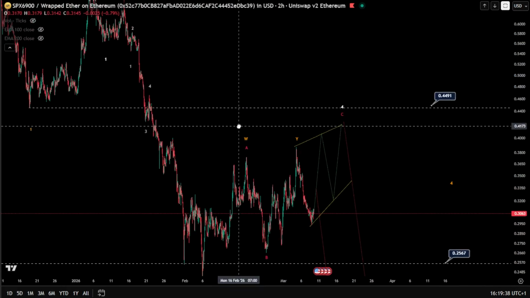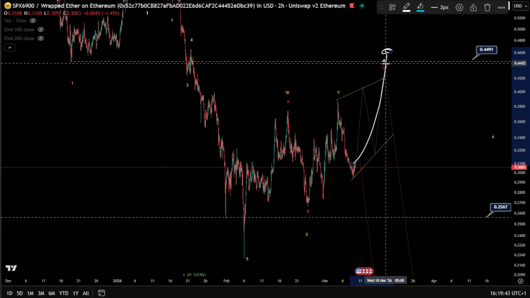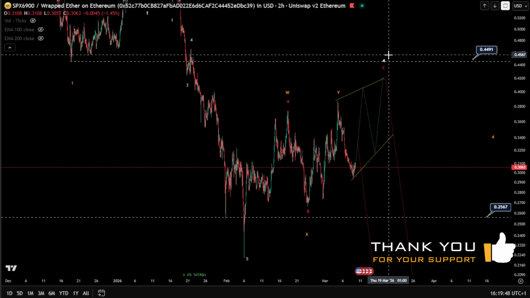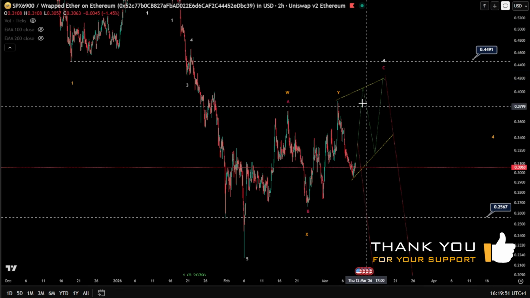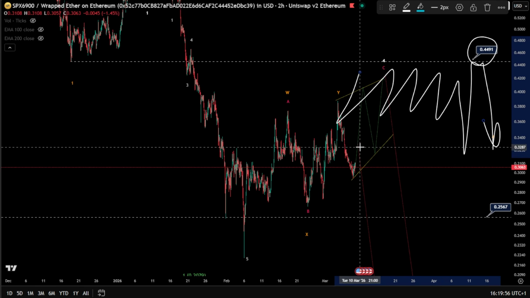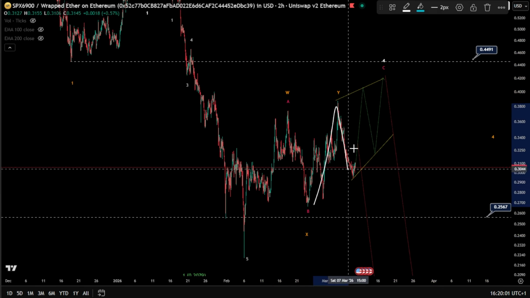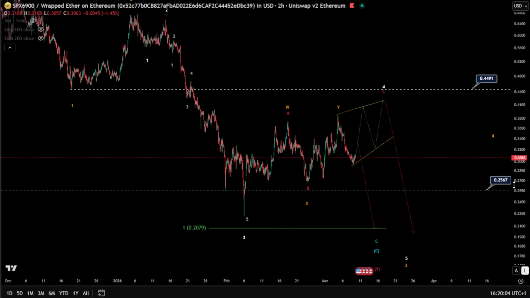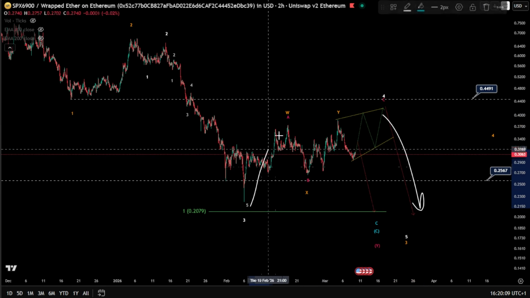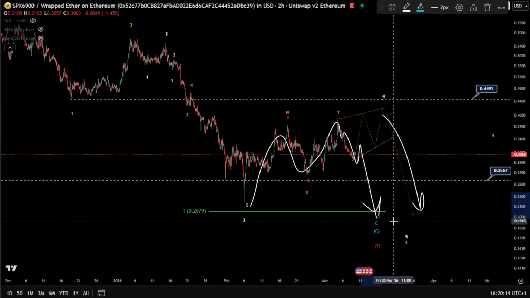Now your invalidation for this is a 0.44, meaning if the price goes up and takes the 0.44, that means, of course, the things are invalidated as bearish and we might continue toward the upside. But if the price stays below this price here, that means we're still, of course, looking for lower. And that means, of course, ABC is still very possible here. 1, 2, 3, 4, and a 5. In case, of course, something will unfold again toward the downside. Otherwise, you finish in WXY and you're looking at 1, 2, 3, 4, and a 5. Also the same thing towards the downside.